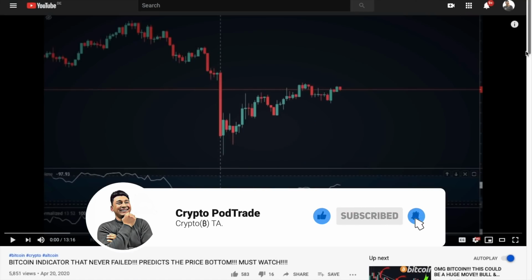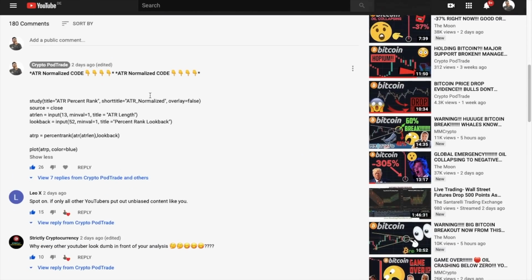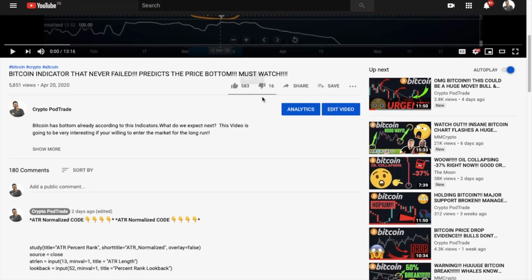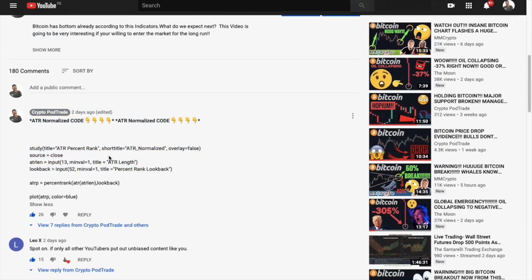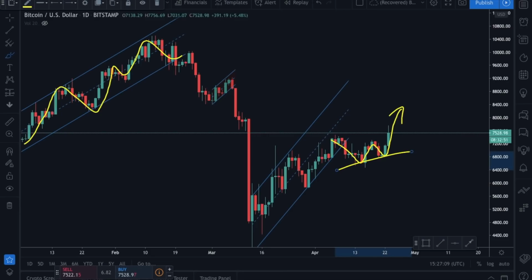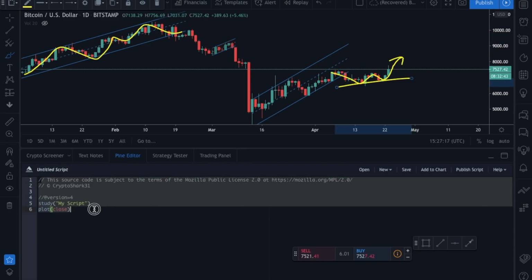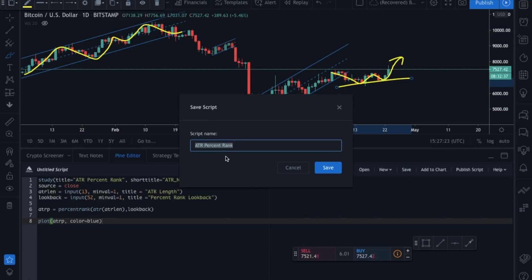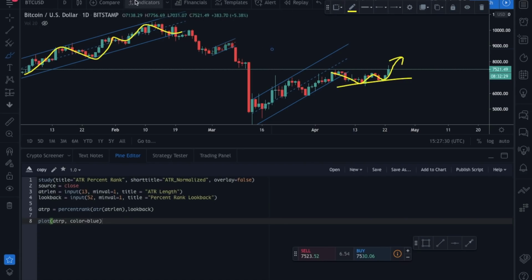And guys, if you are having a problem implementing this ATR, this normalized ATR code in your TradingView, then I'm going to show you how it's done. Just go to my previous video, the Bitcoin indicator that never fell, and also thanks for making this 500 likes possible, guys. Just go here, copy the code. It's not a big deal. So copy only this code and go to TradingView. And what you can do is just go to the Pine editor and copy it here. So we have to delete everything and just paste it here. And that's it, guys. Save it as whatever you like. Right, a copy, so that's it. Save it, and you just have to go to the indicator and write down